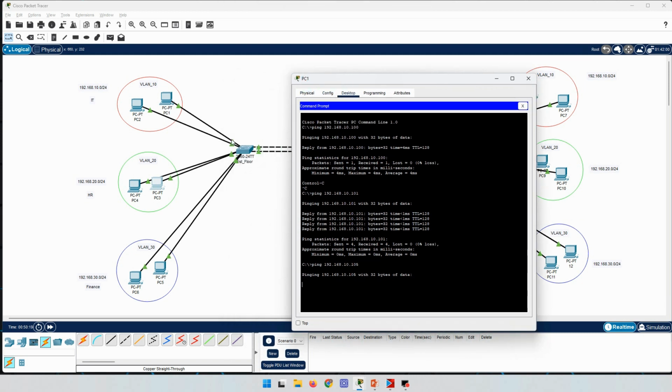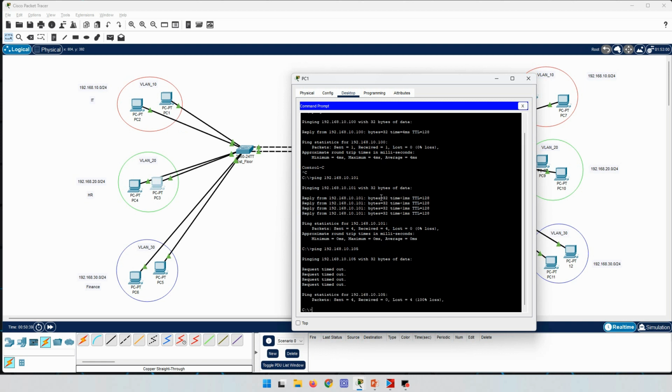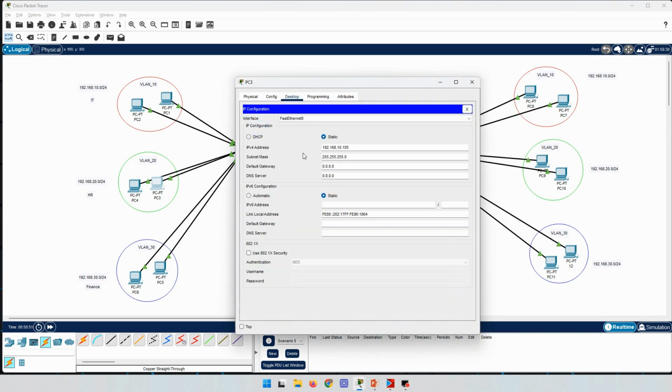because we separated our ports with different VLANs, and routing between the VLANs is not allowed, so we cannot ping from one VLAN to another VLAN. I didn't read any report about VLAN leaking, for example, if someone tried to hack from one VLAN to another VLAN, and that is part of security. We are not going to speak about that now. Okay, and you can see that we cannot ping it,